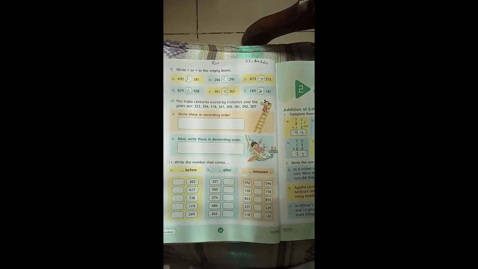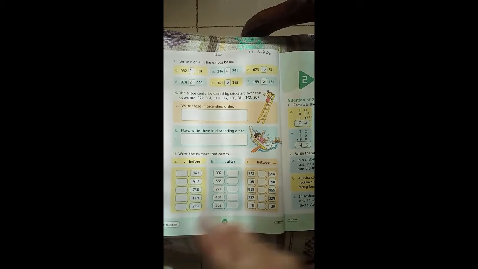The number between 592 and 594 is 593. The number between 156 and 158 is 157. So you can see all these questions clearly, and you can attempt them by using the previous tricks and lectures that we already discussed in this chapter. All right, grade 2, I hope all of you understand the core concepts of this chapter. So I will briefly discuss all the concepts